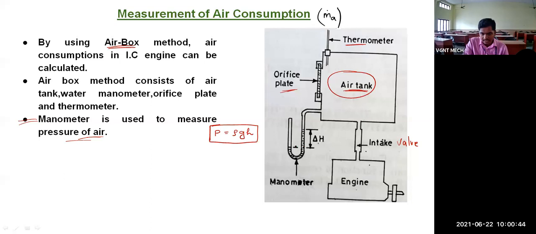In this manometer reading, in the left limb this is the water column, and in the right limb this is the mercury column. This difference is delta H for the water. So this H value is this delta H. In place of H, you have to put this difference. If you multiply these three things, we can calculate the pressure of this air. I hope you have studied the manometer in fluid mechanics, unit 1.